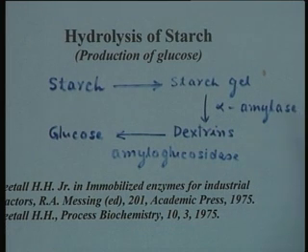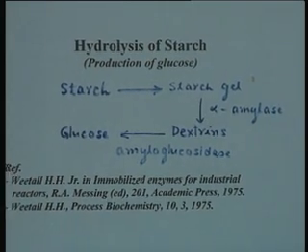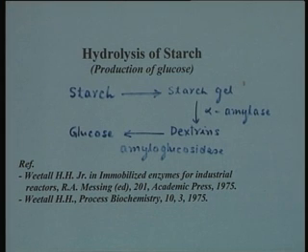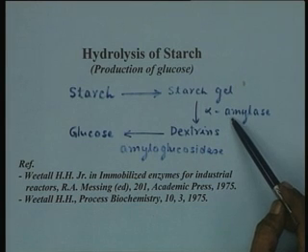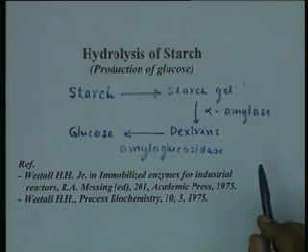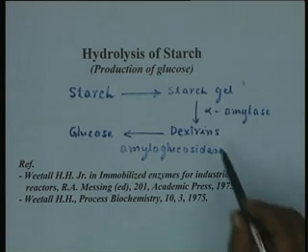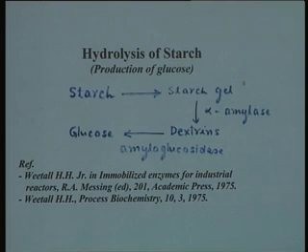When I say cheap, I am referring to comparison with the cost of other enzymes, and therefore it is used usually in a soluble batch process at a very high temperature, because alpha amylase is a very thermostable enzyme and can be operated at temperatures even 100 plus. The gel gets immediately liquefied, because it is a very fast enzyme. The specific activity is very high, and therefore the enzyme very speedily converts the gel into liquefied starch, which is essentially a mixture of dextrins, small chain length starch molecules. Chain length varies between not more than 10, usually 6 to 8, but the dextrins should not have more than